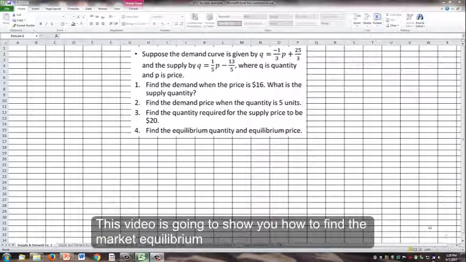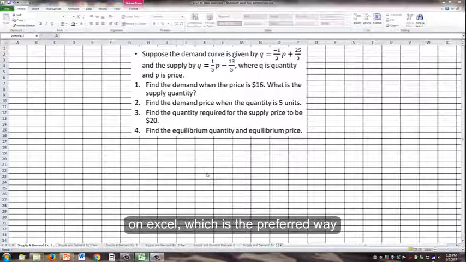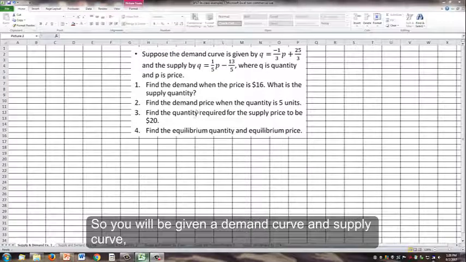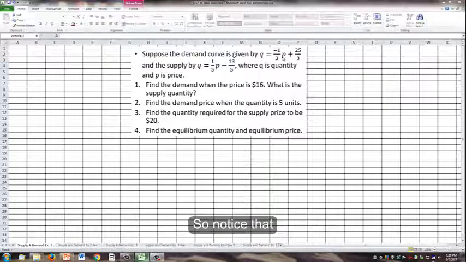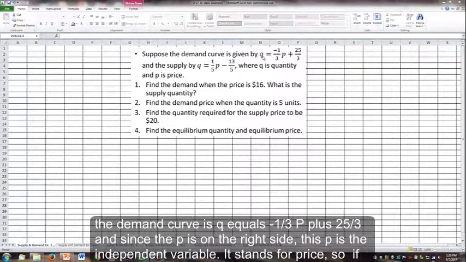This video is going to show you how to find the market equilibrium on Excel, which is the preferred way to find the market equilibrium. So you'll be given a demand curve and a supply curve, and you have to find the market equilibrium and answer some other questions. So notice that the demand curve is Q equals negative 1/3 P plus 25/3, and since